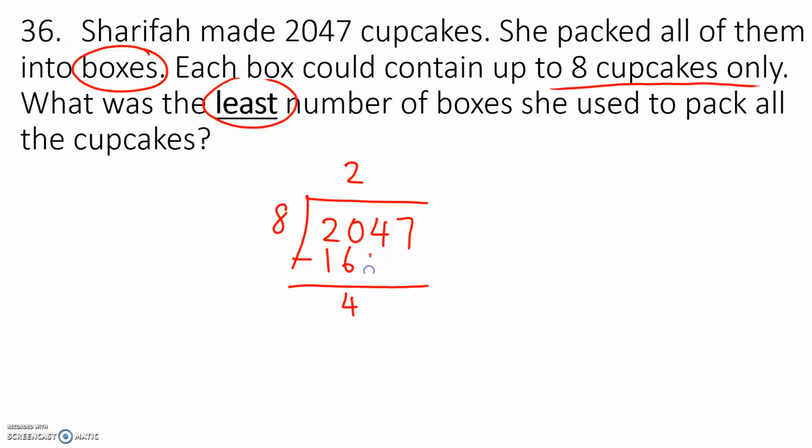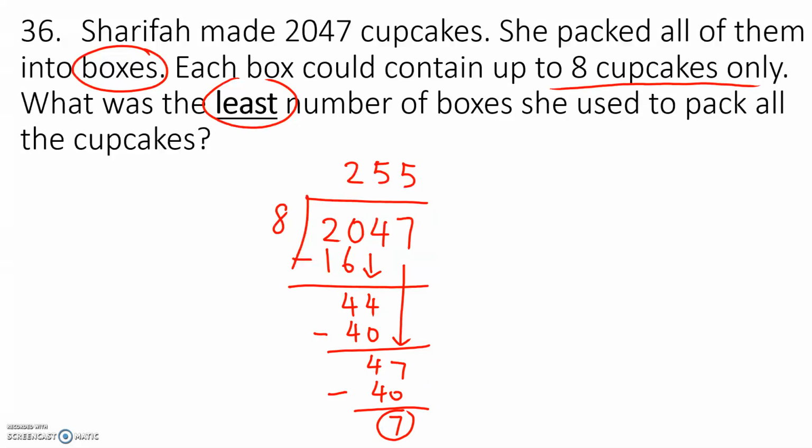So you get a 2, bring down the 4, which would give me a 5 on top, and a 40, and a 4, bring down the 7, you get a 5, you have a 40, and you got a remainder of 7. Okay, a lot of you will be putting the answer as 255 boxes, but take note, there is a remainder here. Now, this remainder you can't leave in the open, because if you leave it in the open, they will spoil. So very likely, because of this remainder of 7, you will need to get one more box to keep the remainder. So the smallest number of boxes you will need will be